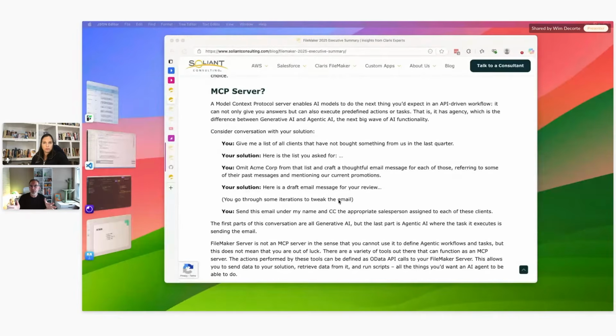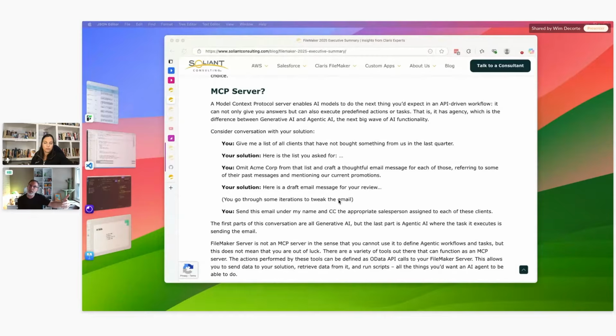That's just text generation. The next step in that is where you interact with your AI, and for instance, you ask it to draft an email, and then you go through a couple of iterations to get the email just right. The next step is to say, we now have a properly formatted email. The tone is just right. I like the context. Go ahead and send this email to my top 10 clients, right? That's where agentic AI comes in. That's not possible with just a chat implementation that we currently have, right? So this would require an MCP server, and that's where this is going, right?